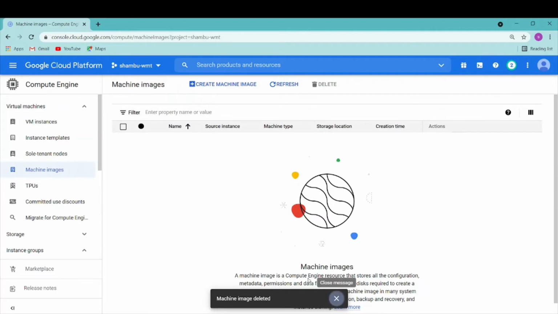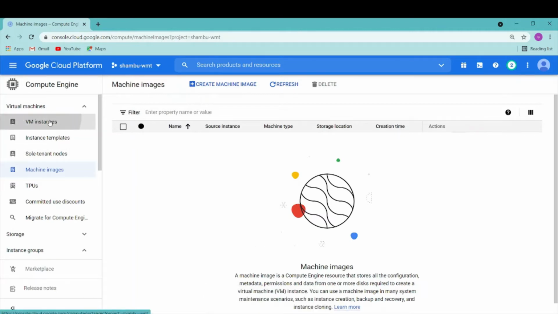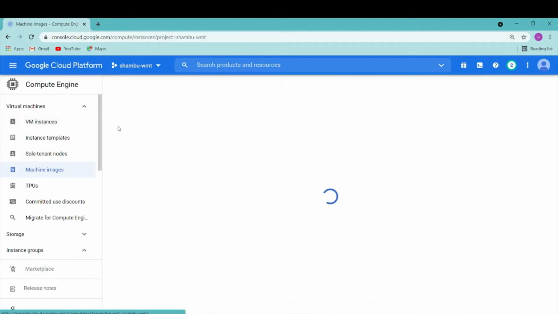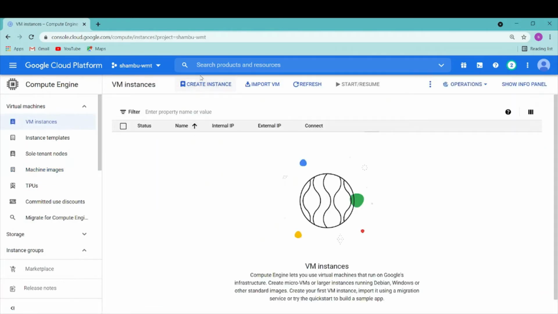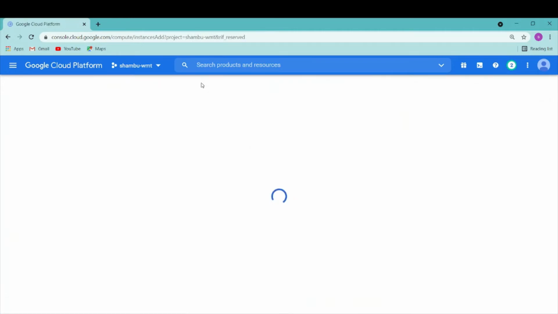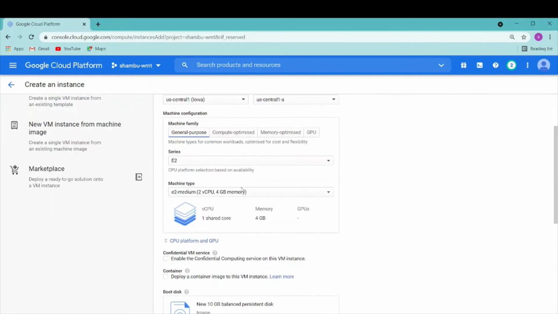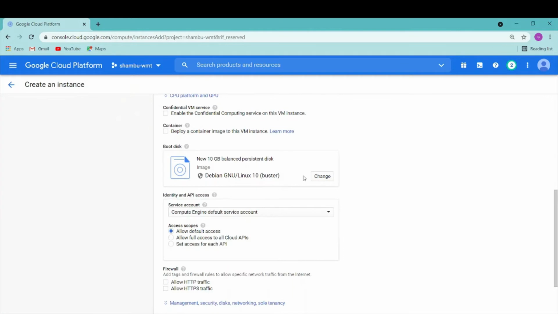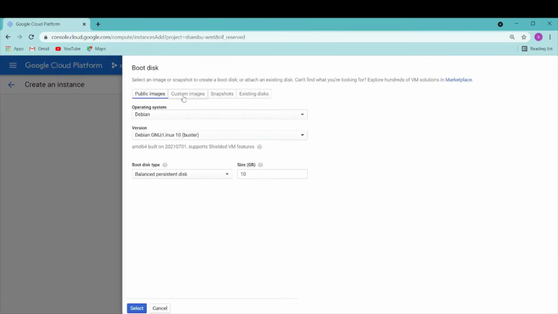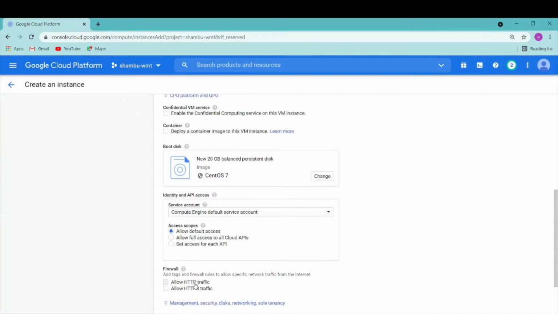So let's create a VM here. I'll create one VM. Okay, I don't have an issue with the name. I'll change the OS to CentOS, and I'll allow HTTP traffic.